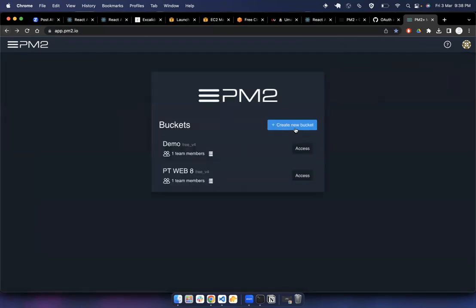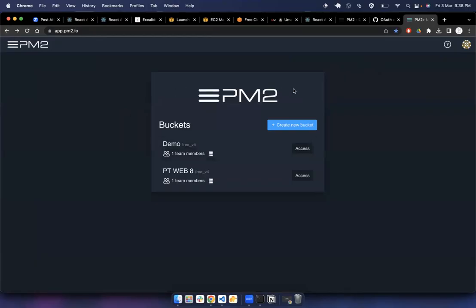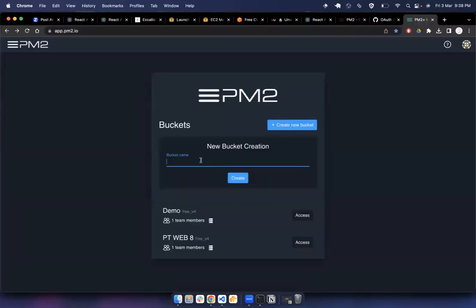Basically what you can do is you can monitor your application directly from the browser. You don't have to go to your SSH terminal or your EC2 instance to check what is the health of your application. So what you can do is you can, and I'm just creating a bucket,